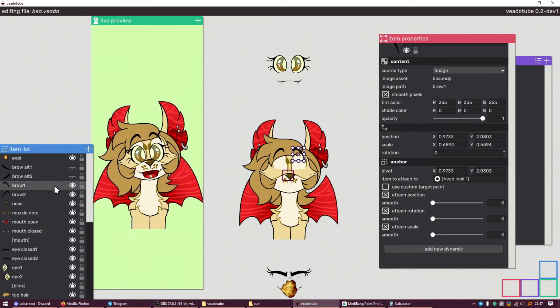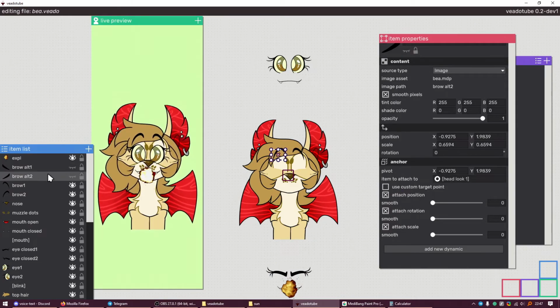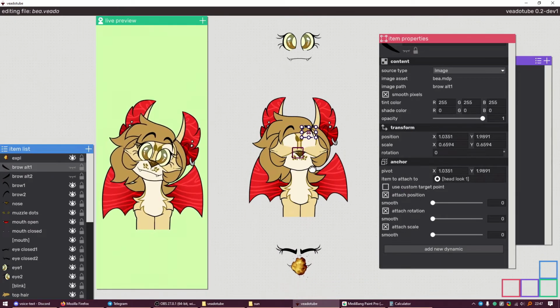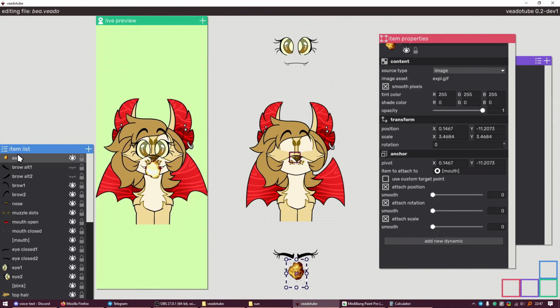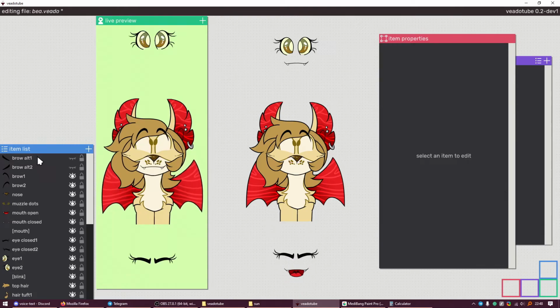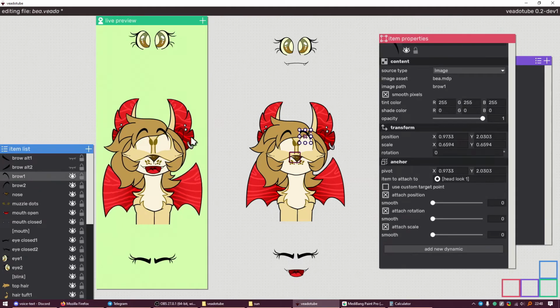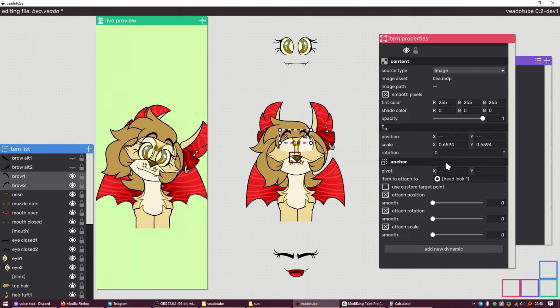The thing with the brows would be the same. Do you guys want me to do the brows? I'm very lazy to do that. I think what you should do is add that little animation you did yesterday that made the brows go up and down. That was cool.